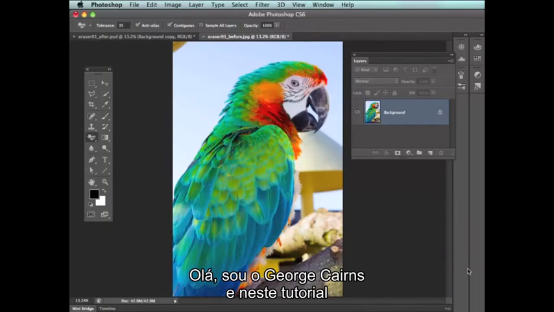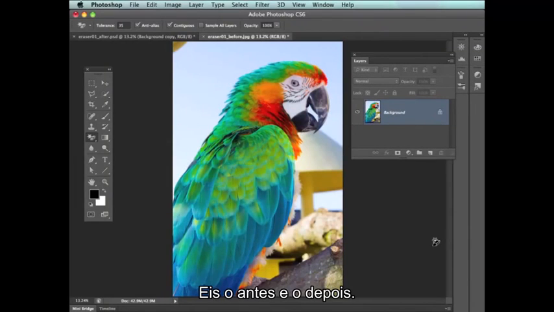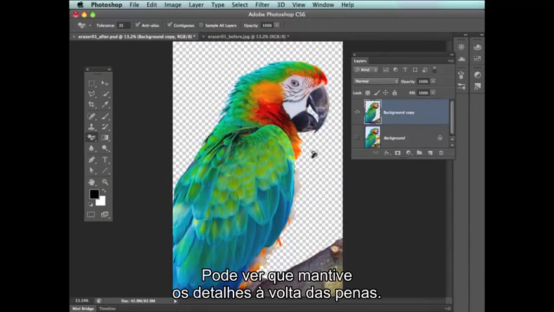Hello, my name's George Cairns, and in this video lesson I'm going to show you how to use the eraser tools to remove our parrot's busy background. There's the before, there's the after, and you can see we preserved these complex details around the edge of the